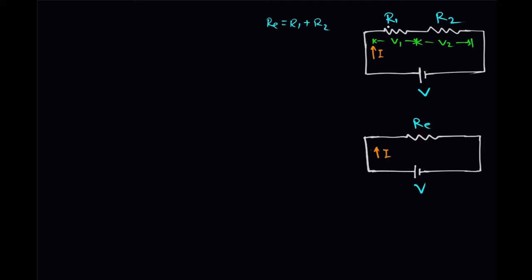Now my point is that you can directly take their equivalent resistance and calculate the total power consumed by using this circuit instead of calculating using these two resistances. They will give the same values, which is what we will prove here. Now this voltage is V, that is the same as this voltage, and that voltage appears across this resistance. This is V.